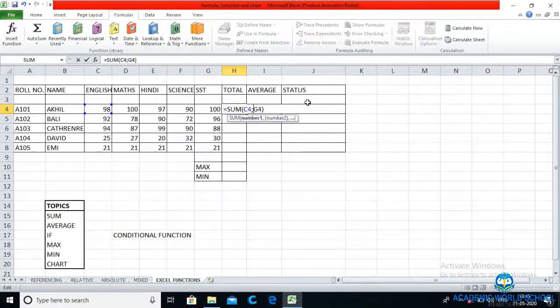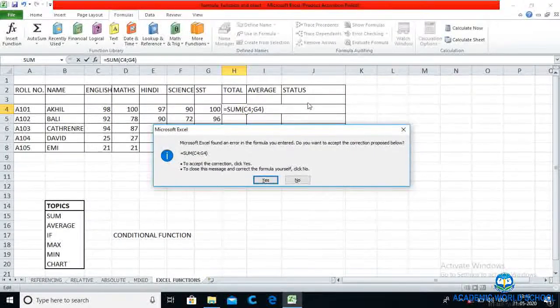Will this work? Let's see. Look, it is showing the error. It is not taking the semicolon sign, because Excel knows the rule of taking colon, not semicolon. It says, Microsoft Excel found an error in the formula you have entered.